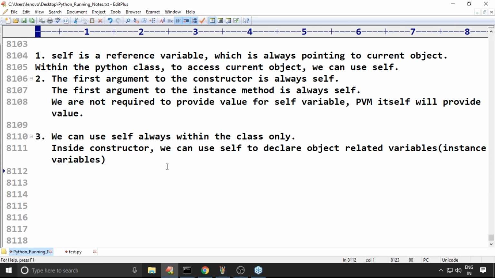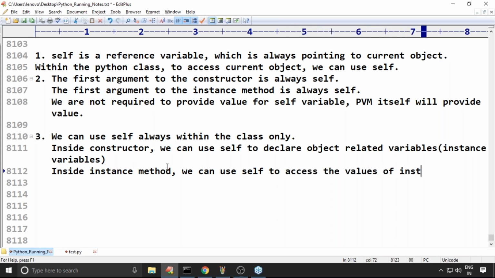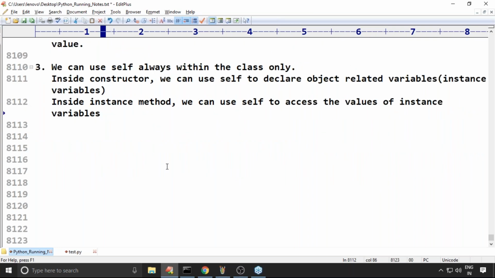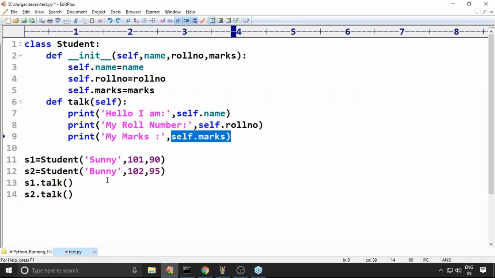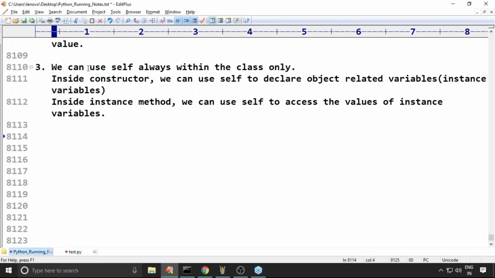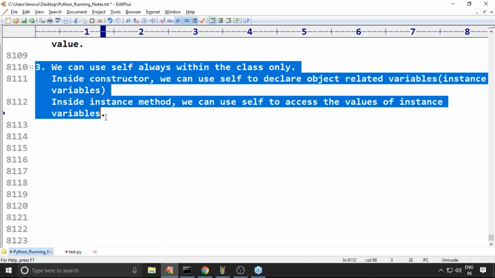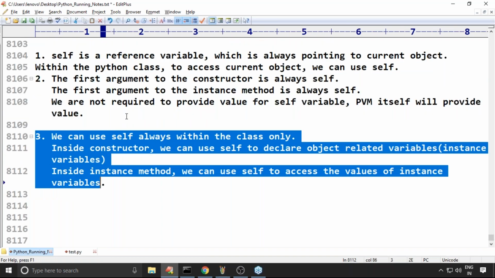Now observe, inside instance method, we use self to access the values of instance variables. Do you have any doubt up to these 3 points?